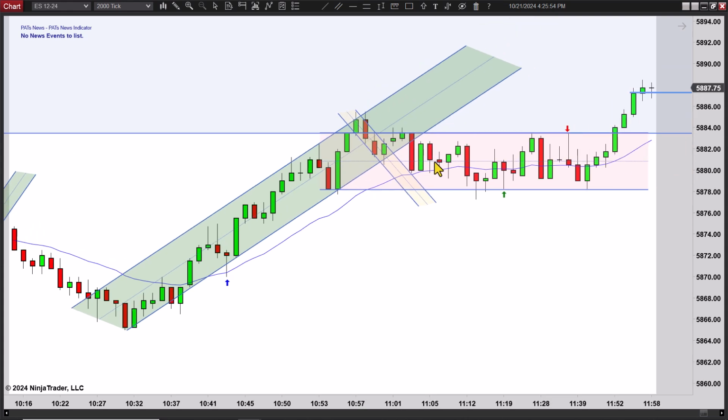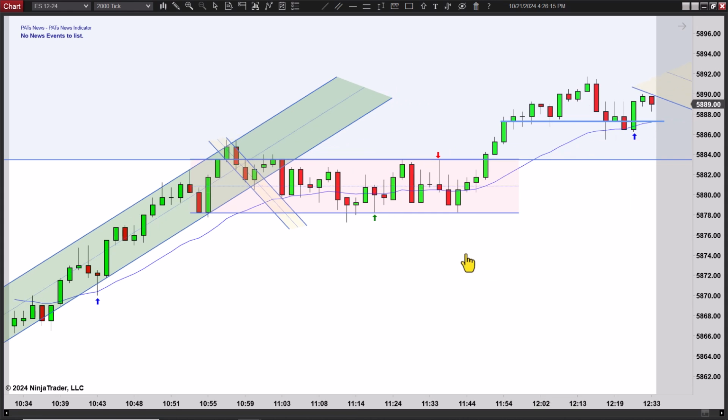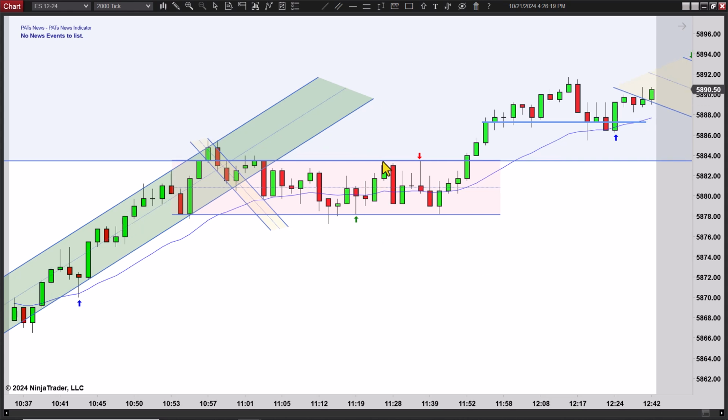It runs up here, and you finally get a close outside. It chops along sideways for a bit before it does go to make a new high. But you clearly have a 1, 2, 3 triple test right here, so I like going long right there. It's not a perfect signal bar. There's still plenty of room to get out, but it is right into the midline, and you have to be careful with that sometimes. So I did just mark that one green,